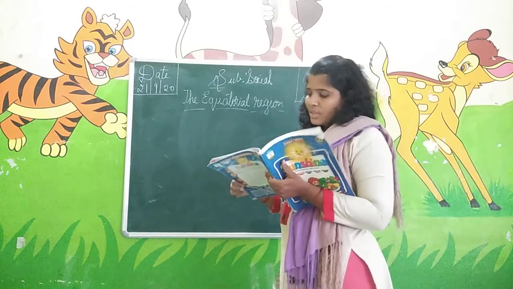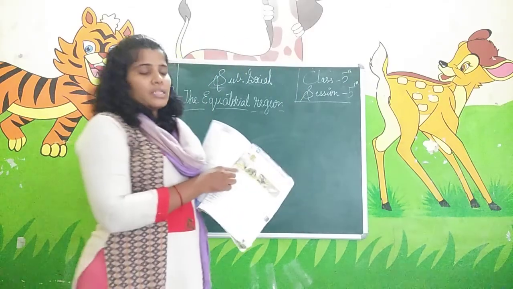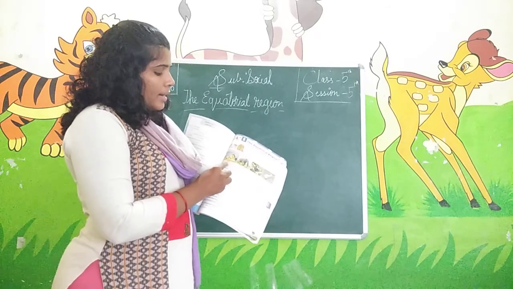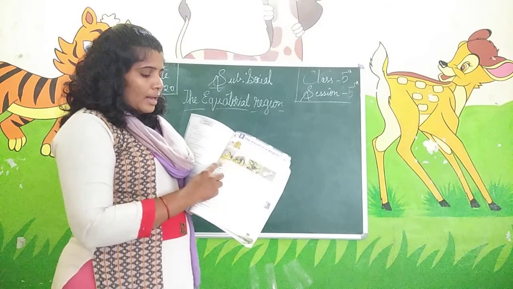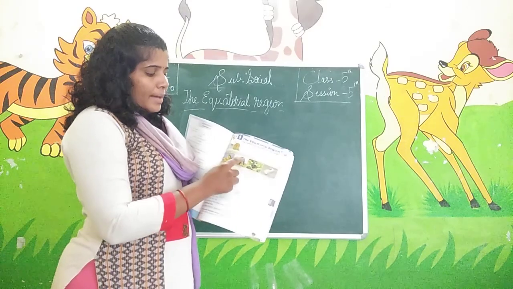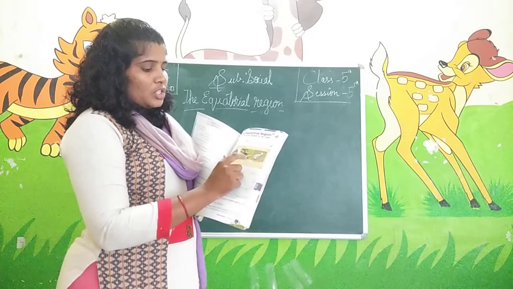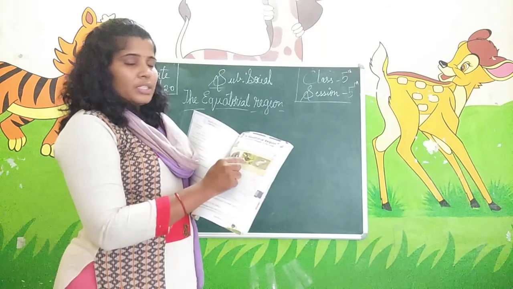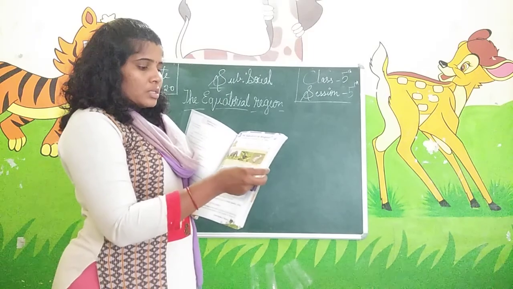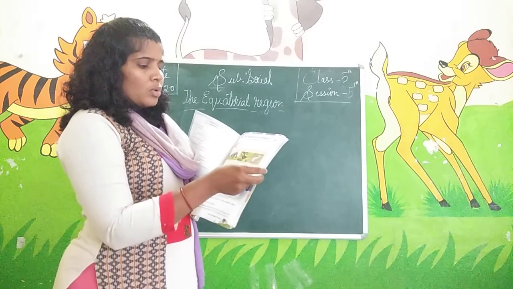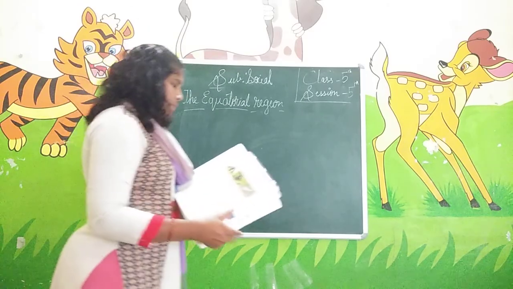In this textbook they have given some pictures of animals, and the spellings are given in jumbled letters. ONIL. By seeing this picture, you can identify that it is the name of a lion. LION, lion. And next is elephant, ELEPHANT. Next is chimpanzee, CHIMPEIGZIAN. Next is crocodile, CROCODIAL. Crocodile. Okay. Now let's start the lesson.